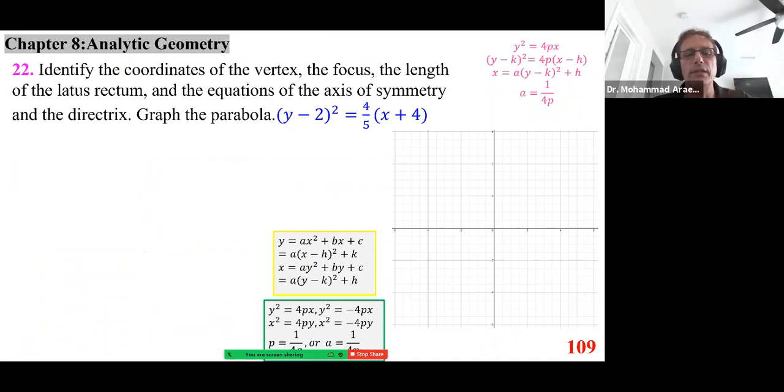So with that in mind, we want to identify the coordinates of the vertex, the focus, the length of the latus rectum, and the equation of the axis of symmetry, and the directrix, so on and so forth, graph the parabola. We can do it both ways. We can go back and rewrite it. I will explain it to you at the end, or we can stick with what we have here. So let's see what happens. So when you look at this one, you can compare it to this one, and remember, this is for P. This P is the focal distance. So with that being the case,